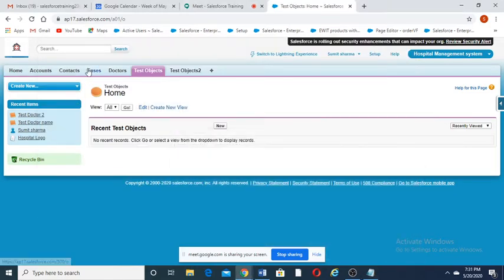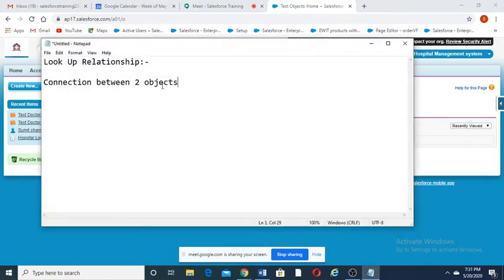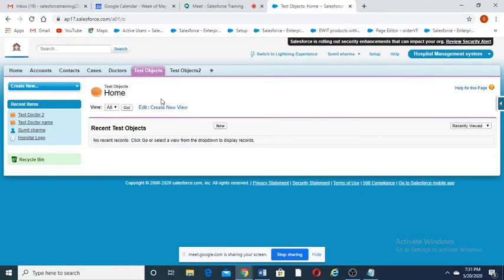Okay, so in lookup relationship we have child object and parent object. So we have to decide which one we have to make as child. So in account and contact, contact is the child and account is the parent.